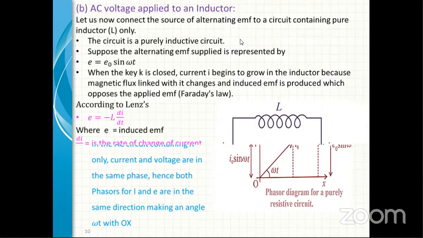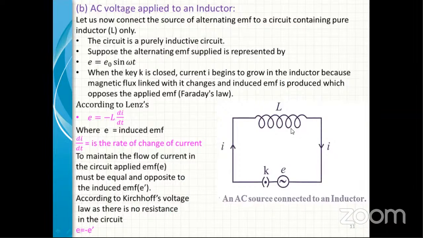Then in the next case we see when we connect the source of alternating EMF to a circuit containing a pure inductor. The current flows through this coil, and then there is the formation of an induced EMF. Using the self-inductance phenomenon, we obtain E is equal to minus L di divided by dt, and this is nothing but the induced EMF, and L is the self-inductance. Again, to maintain the flow of current in the circuit, the applied EMF E must be equal